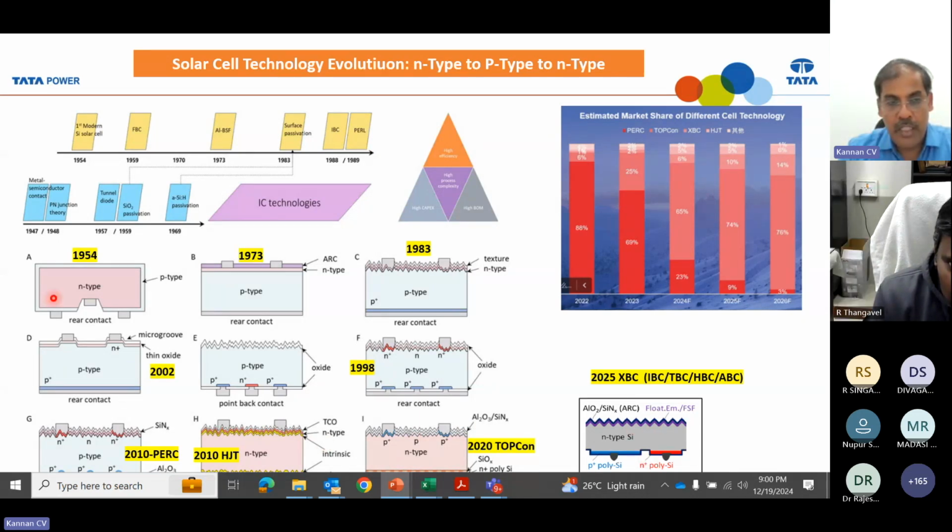We started in 1954 with N-type back contact, and after so many technology advancements, the final solar cell technology is also N-type based back contact. So you finish at the same point where you started, right? Anyway,